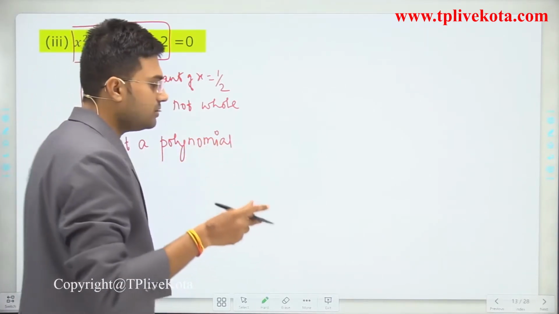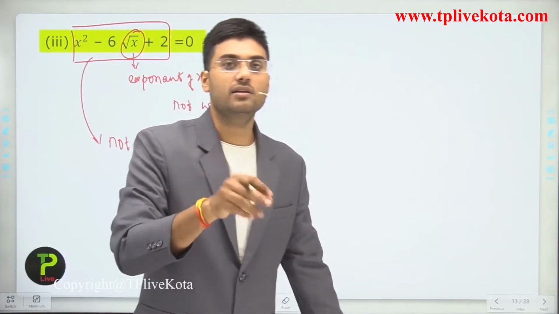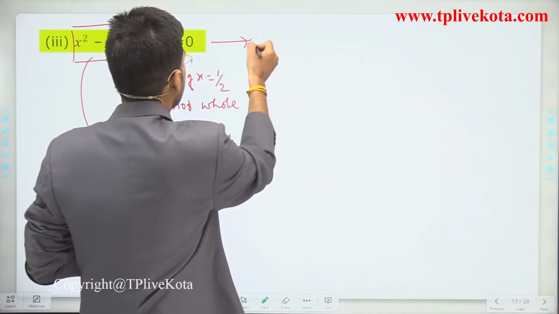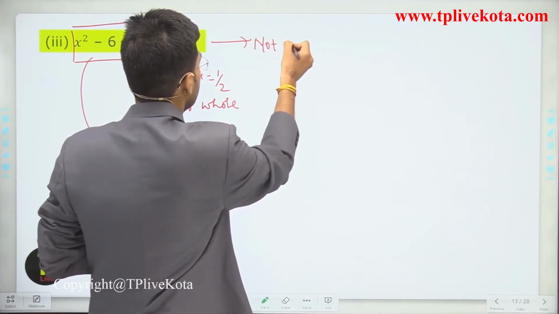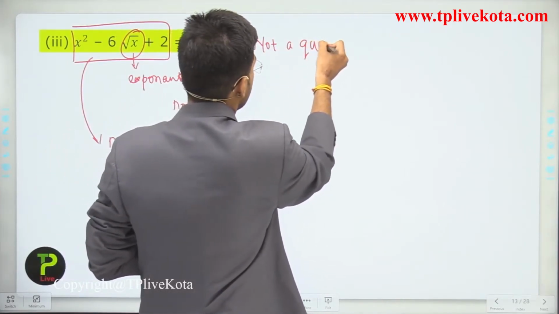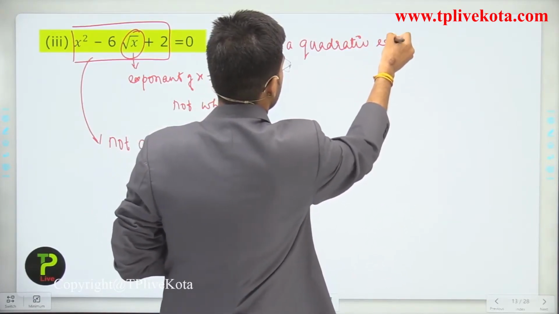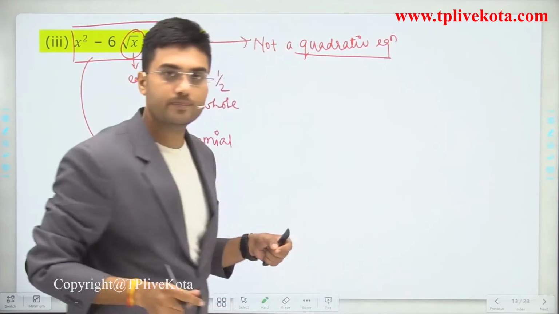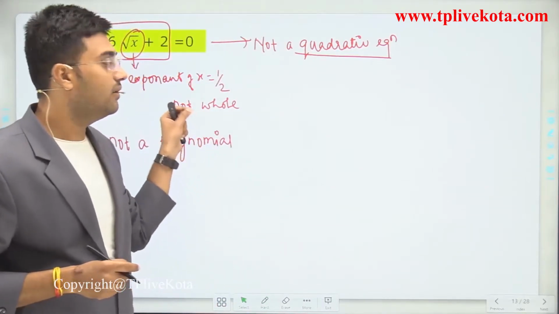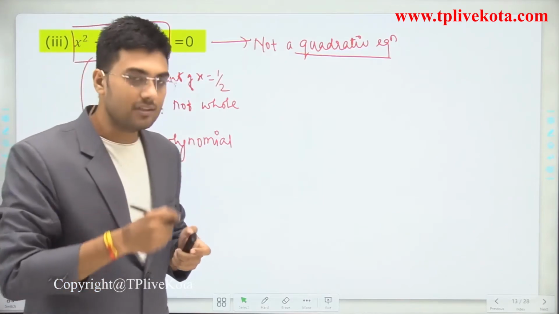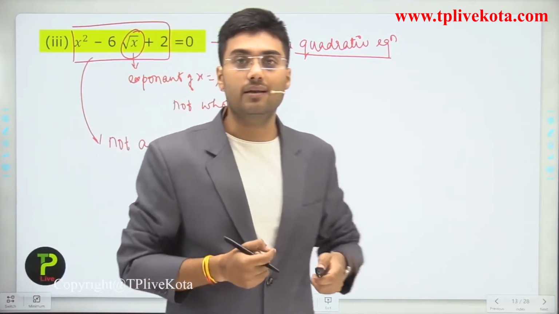So if this is not a polynomial, then this is not a quadratic equation. Clear? I hope you understand why it is not a quadratic equation. So after this, let's move to the next, and the next is